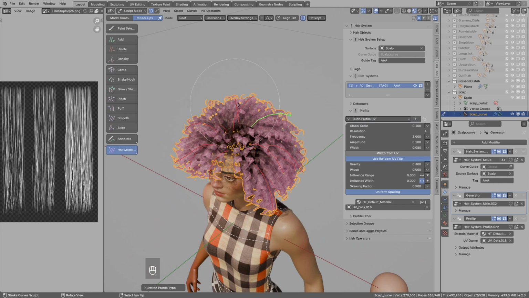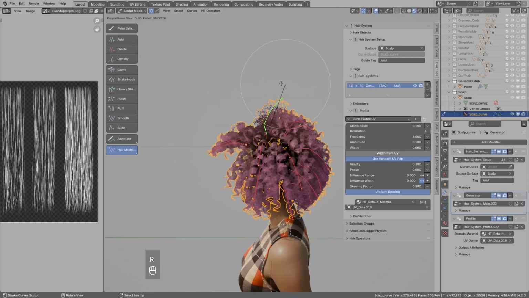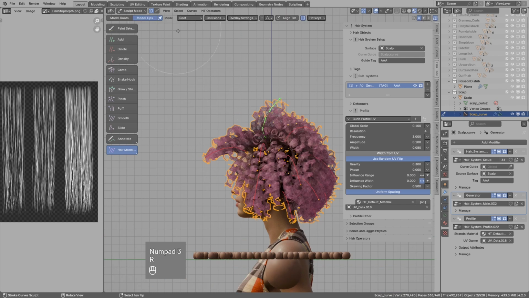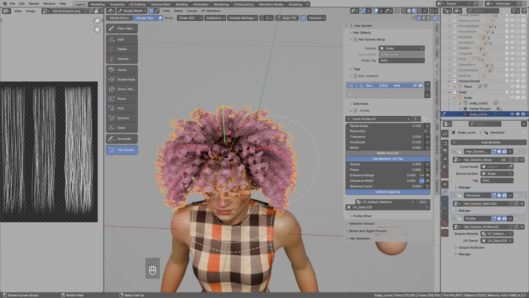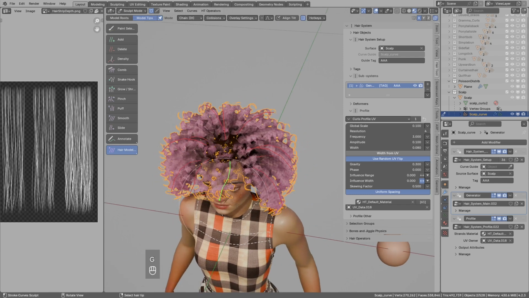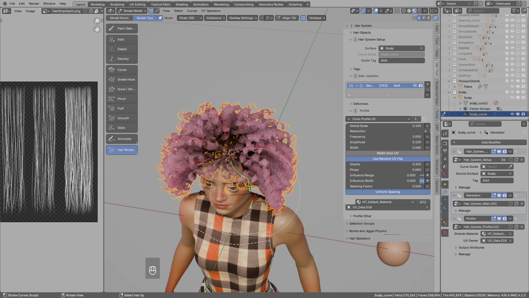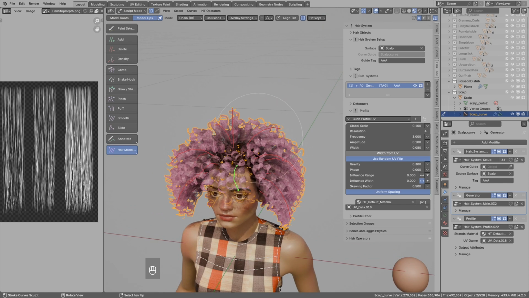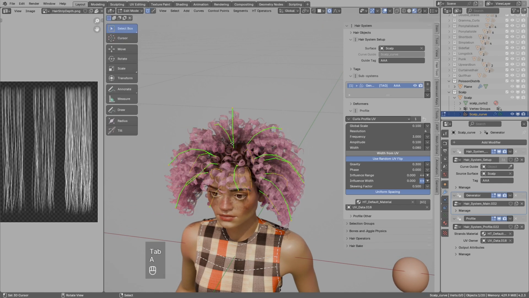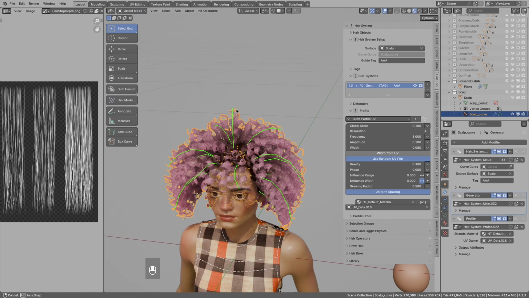Maybe the hair strands need a bit more tweaking, so I will maybe move them around. Switch back to the chain mode. Make this shorter or longer. And sometimes it may be that your child strands are not following the geometry. I'm not quite sure why, but Blender does not like some curve types. So basically the fix is to go to edit mode, select all the strands, all the guides, go to curve menu, set type to poly, and this will fix the interpolation if your child strands are not following the guides.